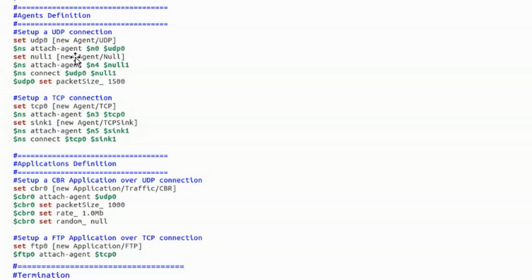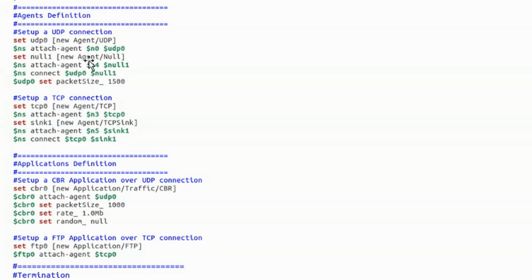So, attach agent n0 UDP I am using, and attach agent n4 null, and then I am connecting it. I am also setting the packet size as 1500. We have already discussed in other programs how to set up the UDP connection. And again here, I am creating the TCP agent, and attaching it to N3.